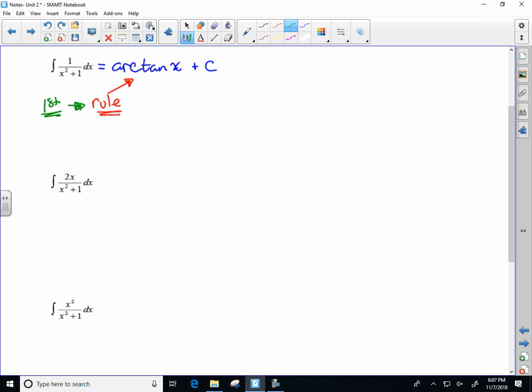So can I define a u such that the derivative of the u would cancel out the other part of the integrand? In this case, it's a fraction, but we would take the more complicated part, x squared plus 1, differentiate it, du equals 2x dx. And if that gets the job done,